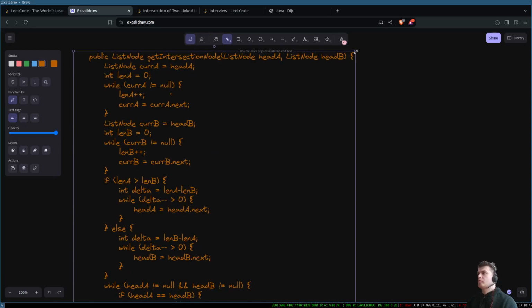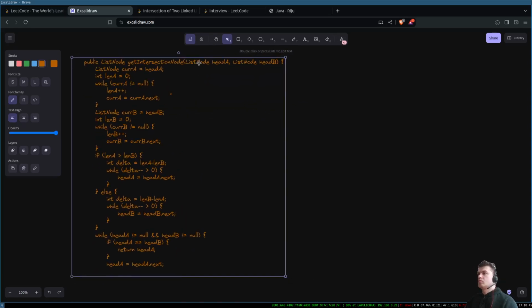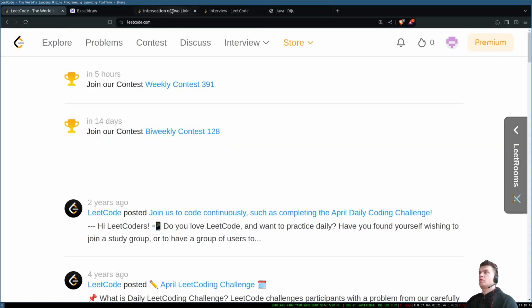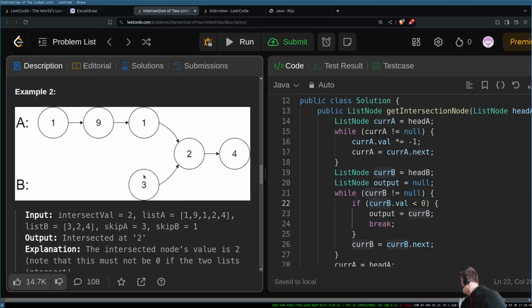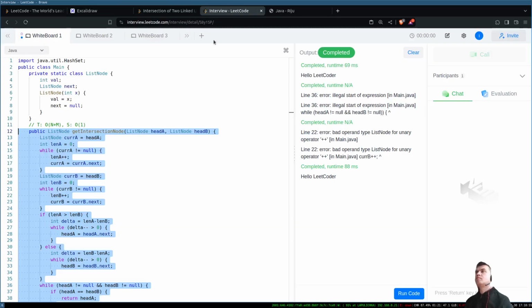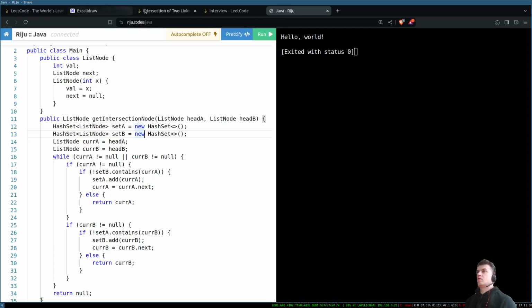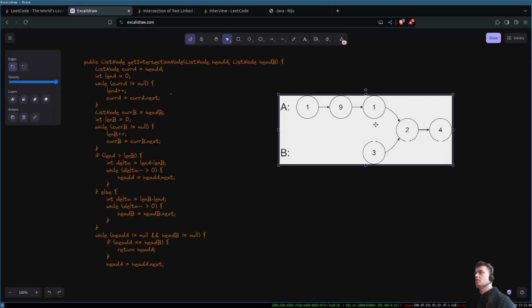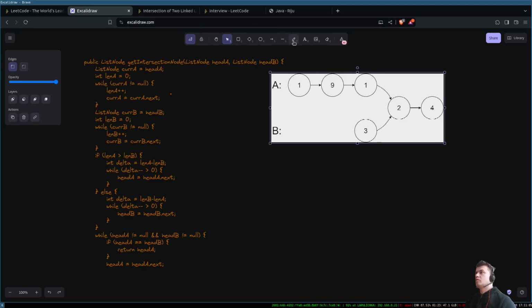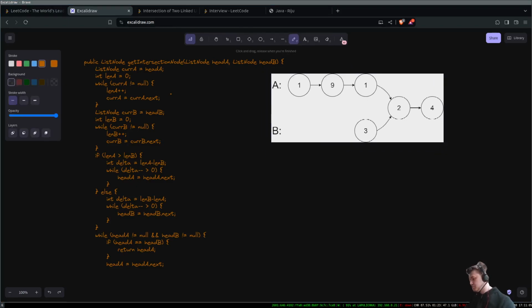Let's make it even smaller. And let's copy the image. Let's paste it here. Okay. So we have